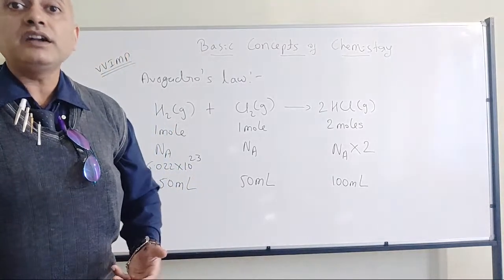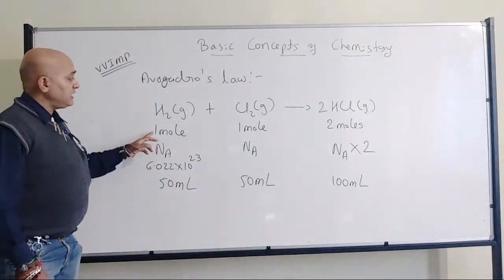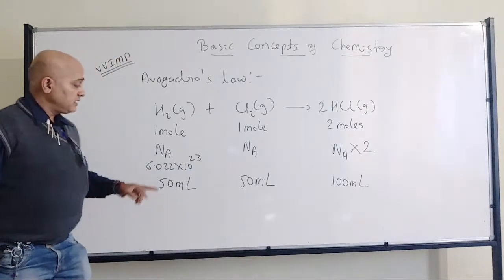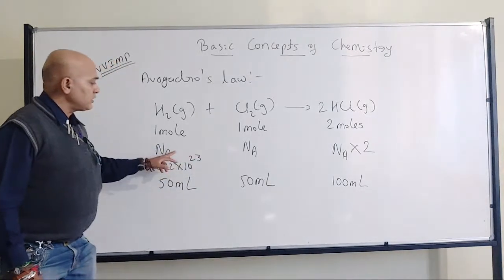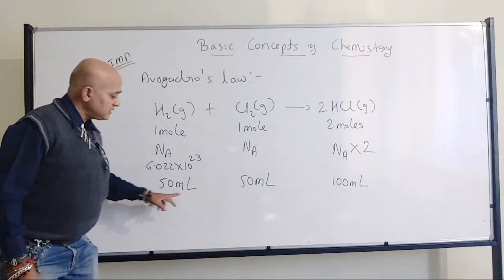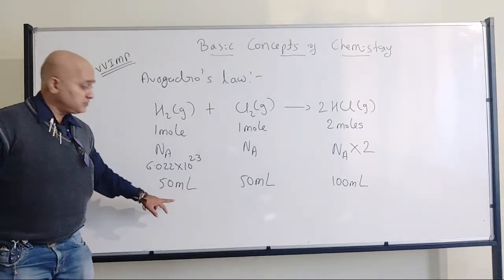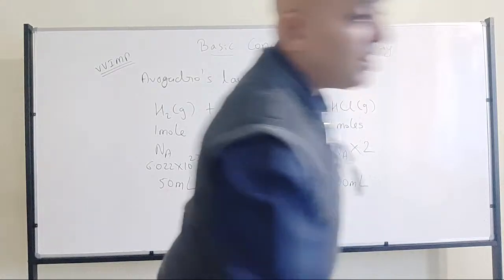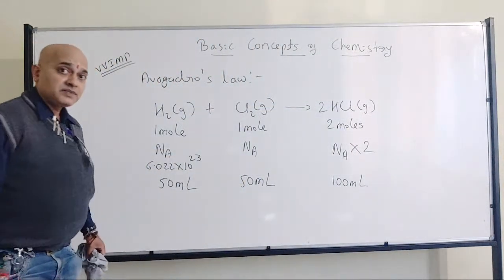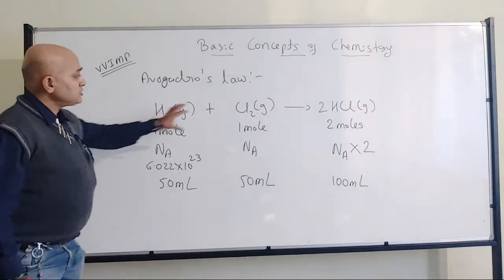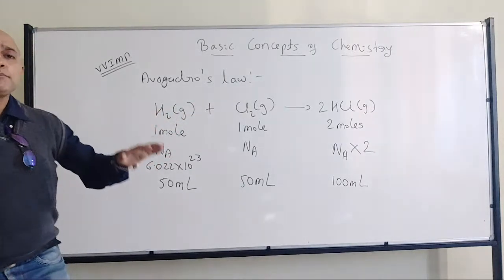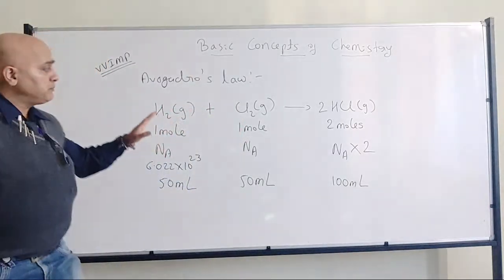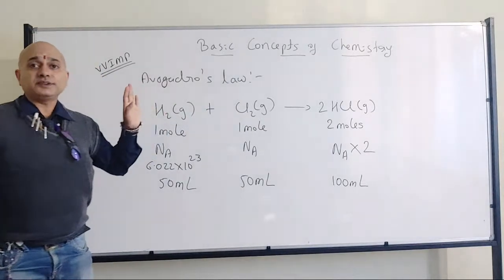That's where we have Avogadro's law. If you observe it carefully, hydrogen and chlorine both are 1 mole. Both have equal number of molecules. So therefore they will occupy the same volume. There is no difference in the volume. That's what Avogadro's law talks about. Only thing here is these two gaseous molecules should be under same pressure and temperature. That's what we have done in Gay-Lussac's law also. They should be present at same temperature and pressure.